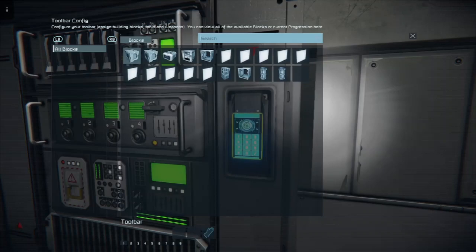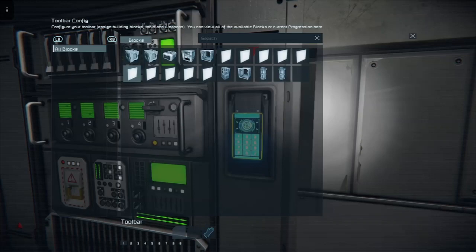So you can see there that we have 2 slots, but we also have toolbars, and by tapping the right trigger and the left trigger you can move through them. So you've got the 2 slots. You've got what happens when your event is true, what happens when the event is false. Now on the PC it's easy enough to select the second slot. On our consoles we have a bit of an issue in that we can't just select the second slot.